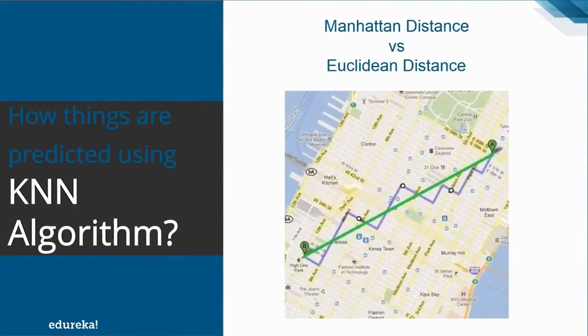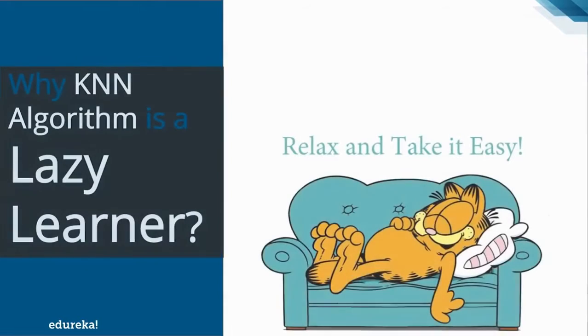Well, this was all about the theoretical session, but before we drill down to the coding part, let me tell you why people call KNN a lazy learner. KNN for classification is a very simple algorithm, but that's not why it is called lazy. KNN is a lazy learner because it doesn't learn a discriminative function from the training data, but what it does is memorize the training data. There is no learning phase of the model, and all of the work happens at the time a prediction is requested. This is the reason why KNN is often referred to as a lazy learning algorithm.